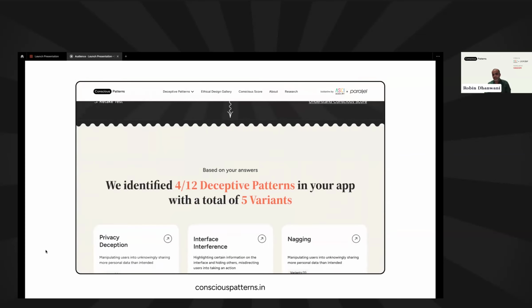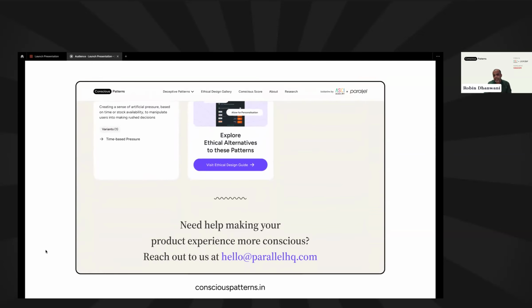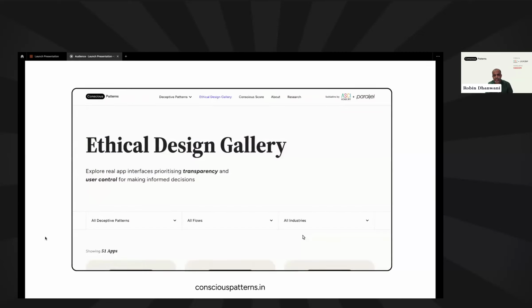One of our favorite parts of the tool is the conscious score calculator. We made it intending it to be a beginning for anybody trying to evaluate, because the journey of improving something happens only when you are aware of what you're doing. With just a simple set of questions, you can get a score on how conscious or how ethical your product design seems. And then you can get very actionable ideas on how to make it better. So that's the conscious score calculator.